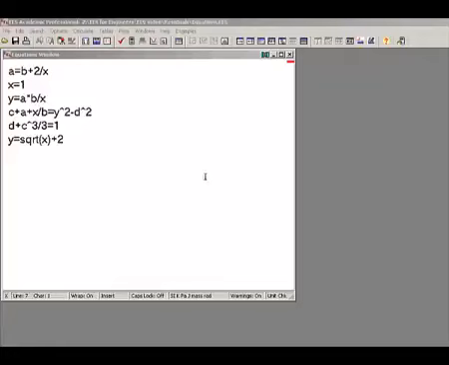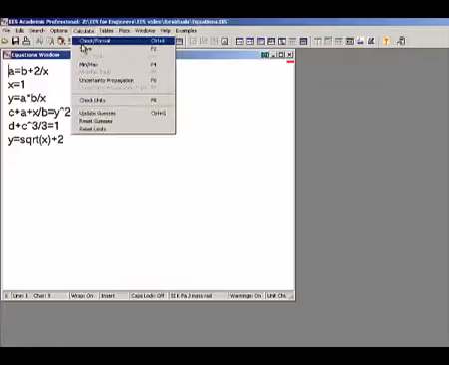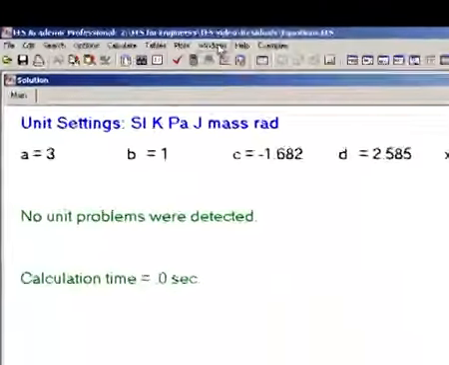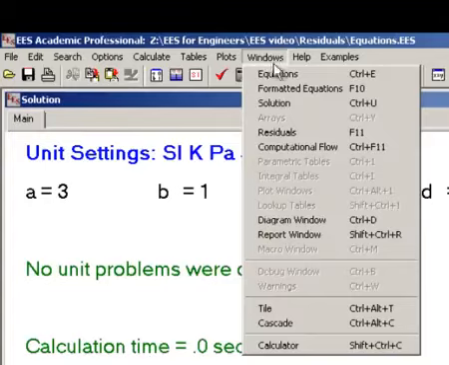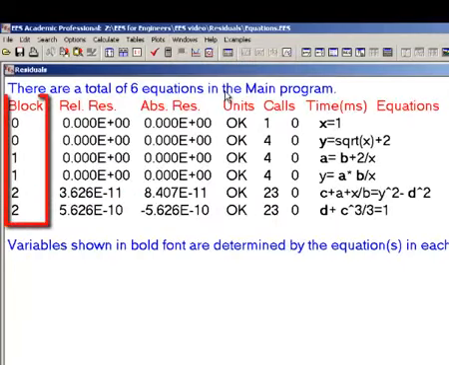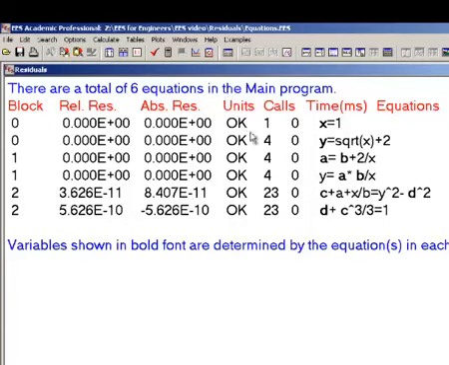So here let's go back to the EES code that we started with, which solved that set of 6 equations and 6 unknowns. To view the residuals window, select Residuals from the Windows menu. The first column in the residuals window shows the block number. So here note that the blocking process has resulted in the same result that we identified manually for this system